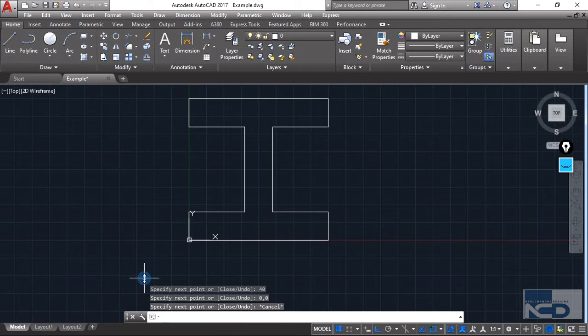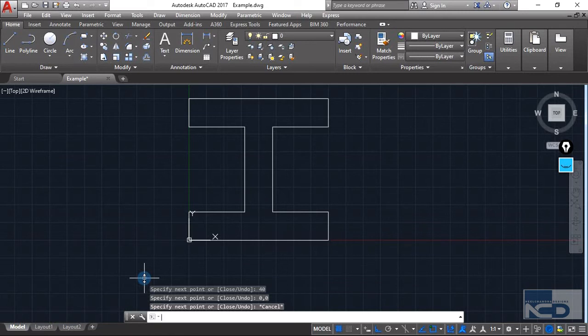So you can see that we have created this section so fast, and there is no tension of creating coordinates or finding out the coordinate values of these points. You can easily create it just by the dimensions. You don't require anything else, just the direction in which you want the line and the value of that line. Just put the cursor in that direction, provide that value and press enter. And there we go. You can see how fast we have created the I section.